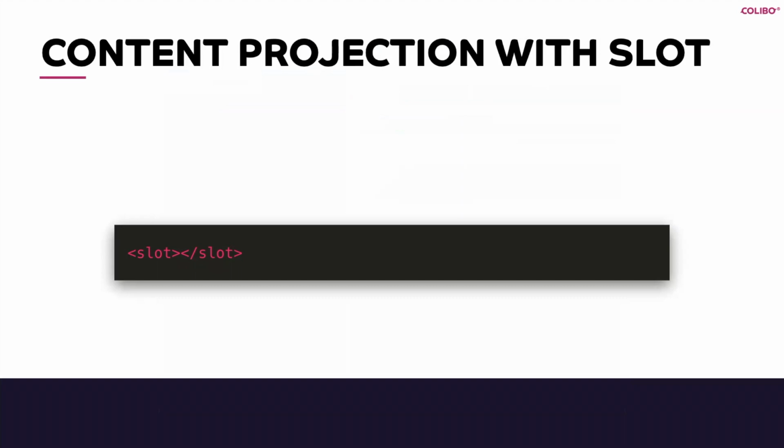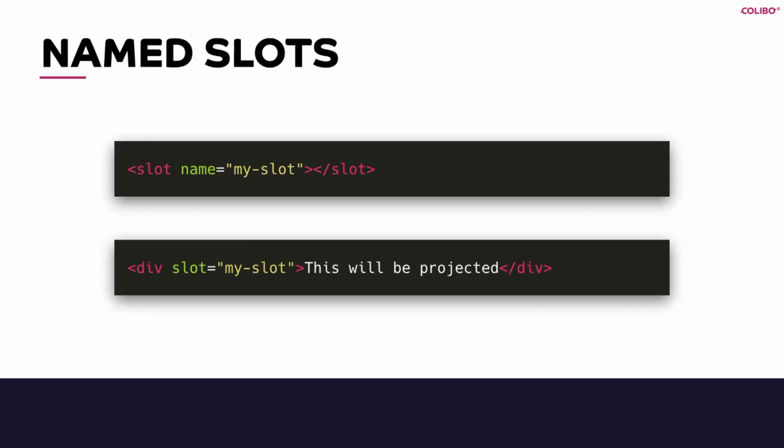If you then want to take whatever was in your light DOM and project that into the shadow DOM somewhere, like maybe inside of your template somewhere, so you put your own header, and then whatever people put inside of your element will then go below the header or something, you use the slot tag, and when you put in the slot tag, the content is projected in that way. There are special events for knowing when it's changed, and you can style content that comes in this way via a special CSS selector. You can name slots if you want to, so you can have multiple slots and put them in multiple places in your template.